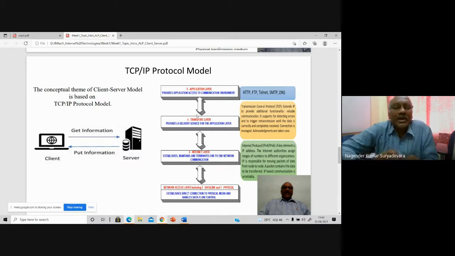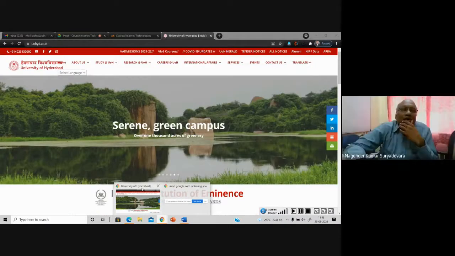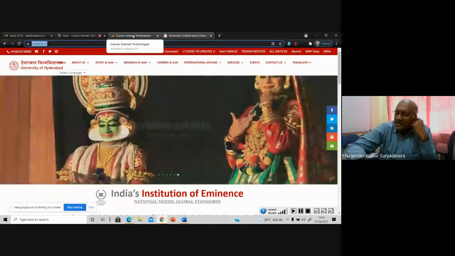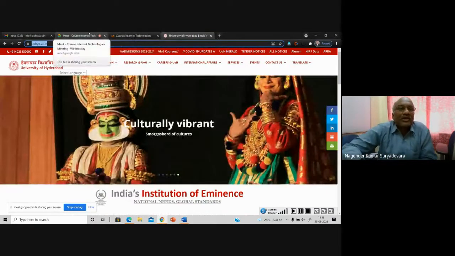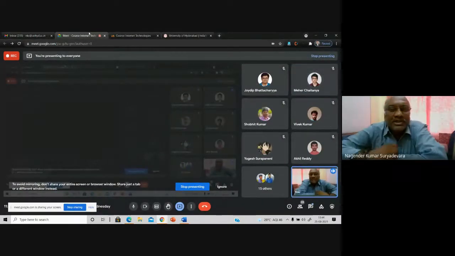And may I know what is the need to follow the protocols? Anybody? Why do we need to follow a protocol? Maybe for reliability of sending the packets. No, I am just asking in general, not about reliability for sending packets or routing the packets. I will put the question in very simple terms.